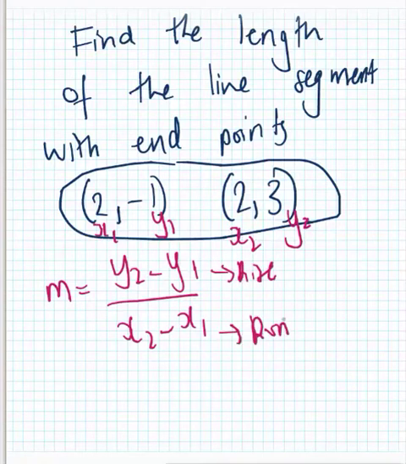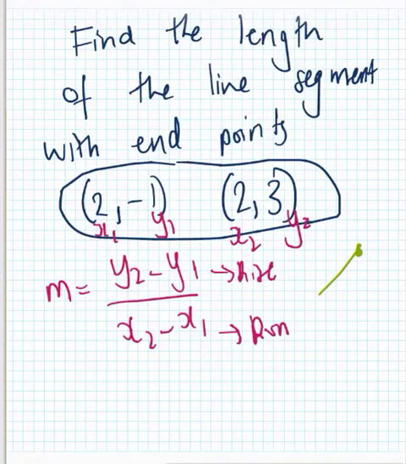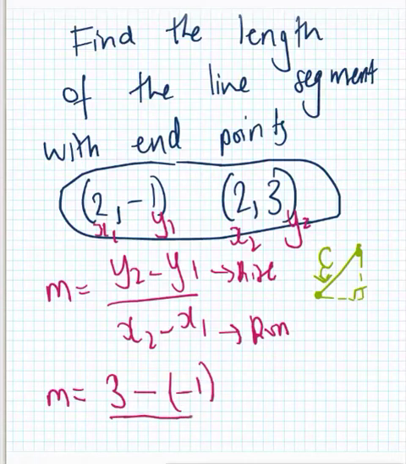So with that line segment that you should have drawn, we had the 2 endpoints. We are working out the rise and we are working out the run. And when we get the rise and run, we can then work out our hypotenuse, our c, which is the length of that line. And that's all we have to do. So put in these points. So I've got my gradient, y2 is 3 minus y1, which is minus a negative 1, over x2, which is a positive 2, minus,